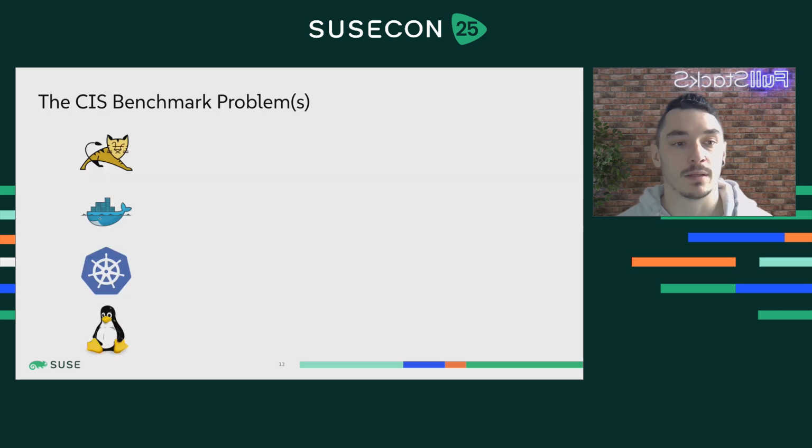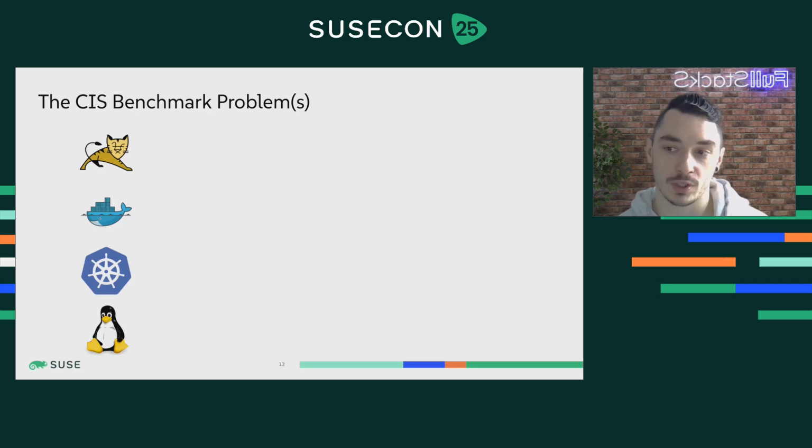Exactly. Now, we do have actually two problems when it comes to CIS benchmarks. The first is, if you want to state that your system is CIS benchmark compliant, you actually need to specify which layer of your system, or in case, all of them. So the first problem we actually see is that, for example, an application, like in this case, a containerized Tomcat application running in a Kubernetes cluster on a Linux node,